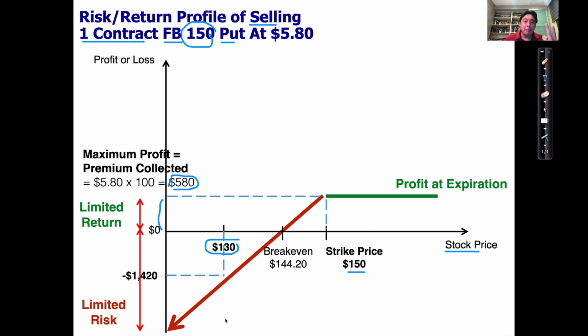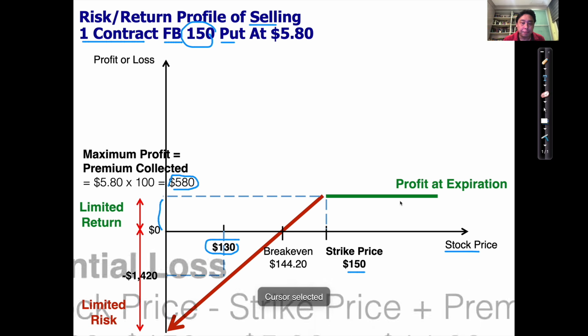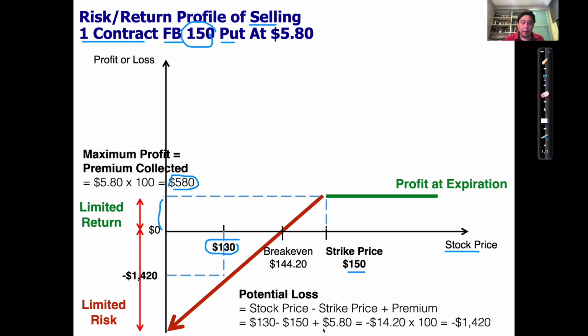But you keep the $5.80 premium. So $20 minus $5.80 would be $14.20. And times 100, you would lose $1,420. So the potential loss of buying a put is when the stock price goes down, how much would you